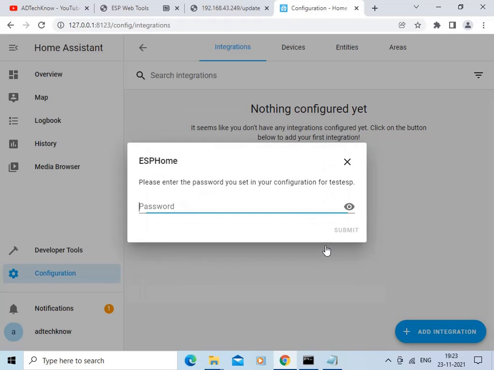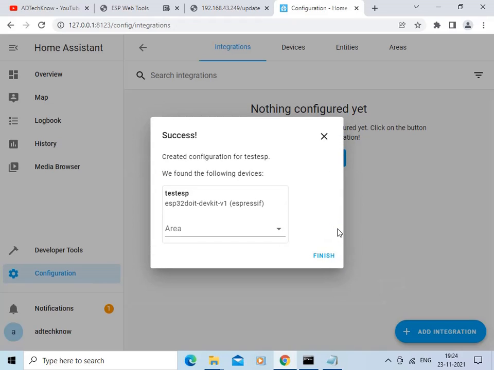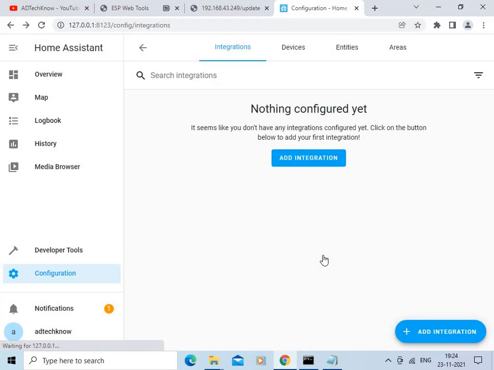Click on submit. Enter the password, that is 1234. Click on submit. So configuration is created. Click here on finish.